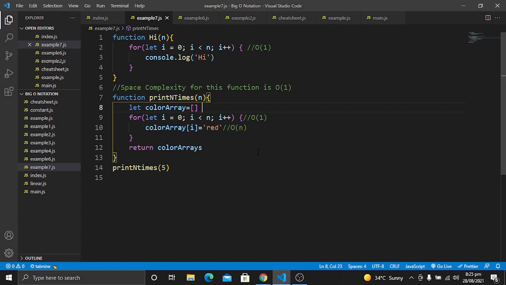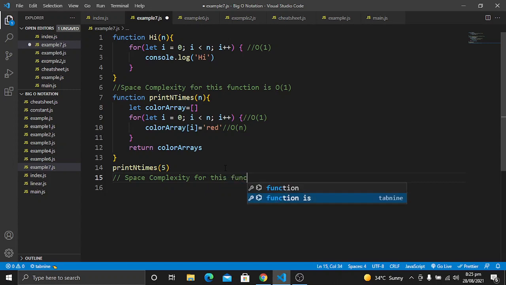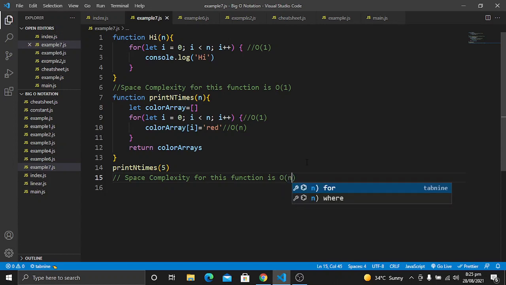In this way you can calculate the complexity. So the space complexity for this function is O of n.